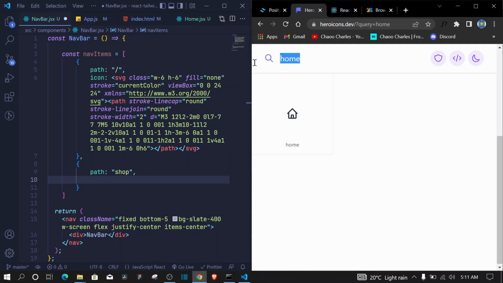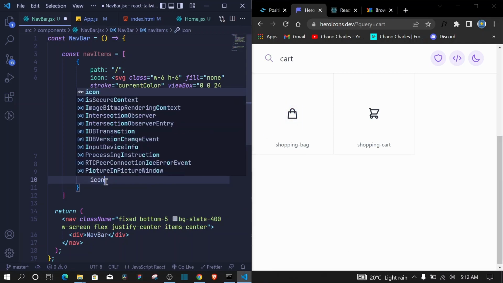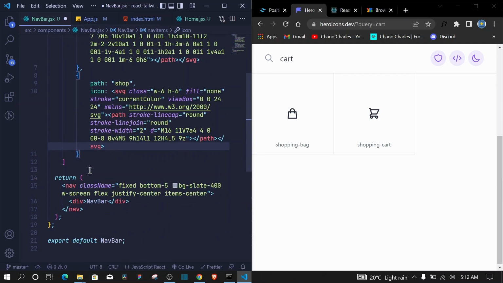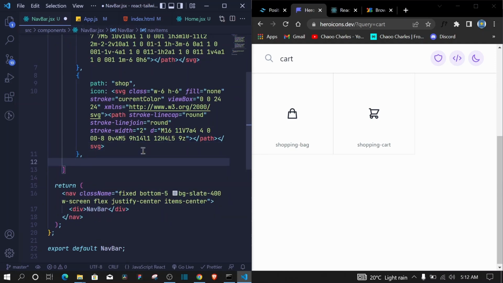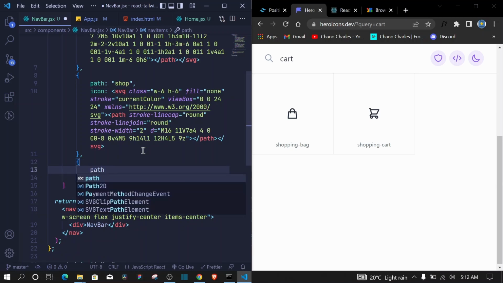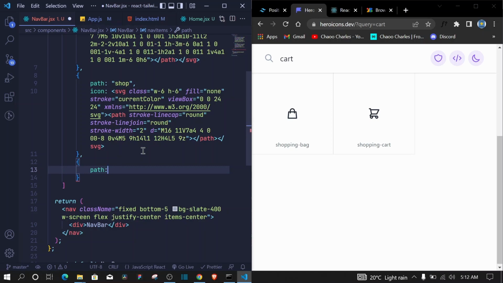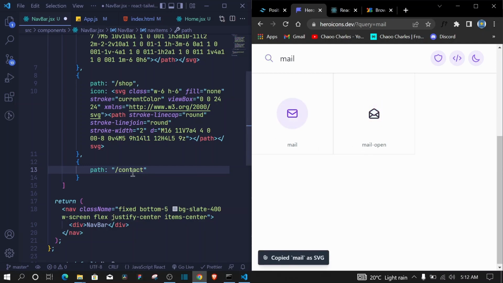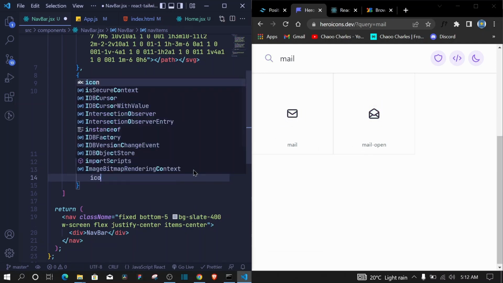Now for the shop, we can search for, I don't know, cart, and now we have this shopping bag. I'll click on it, and right here I'll say icon to be that SVG. Cool. Then the other one is just contact, so right here I'll say path will be... okay, I missed this slash right here, so this one will be contact, and all I'll do, I'll search for a mail for the contact. Click on this one, and right here we should have added icon